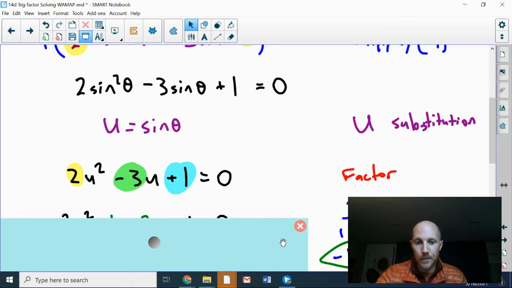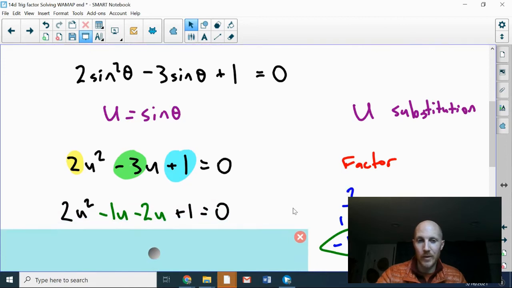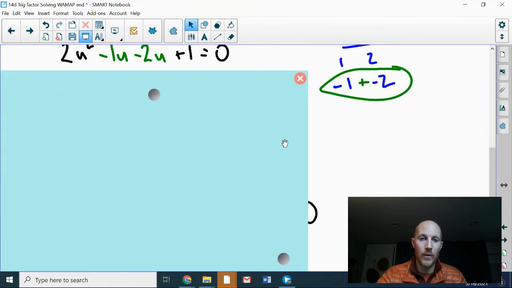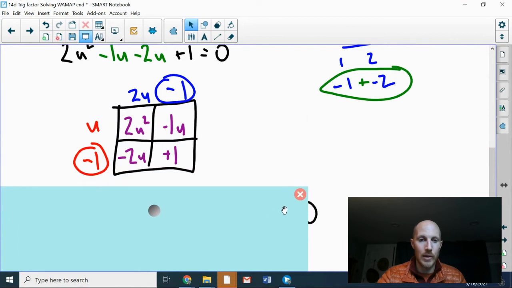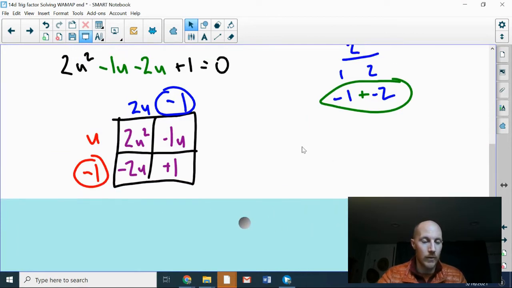All right, so now I can rewrite that equation, breaking apart that center green term into 2 pieces, and that will fit into my factor box. And then I look for common factors and broke this apart. So across the top row, common factor of u. To get the 2 terms on the top, that top u multiplied by 2u gives me the first square term in the first square. That red u multiplied by the -1 is going to give me -1u,